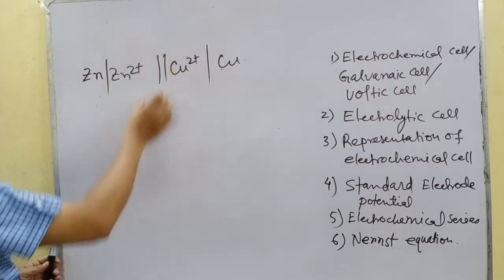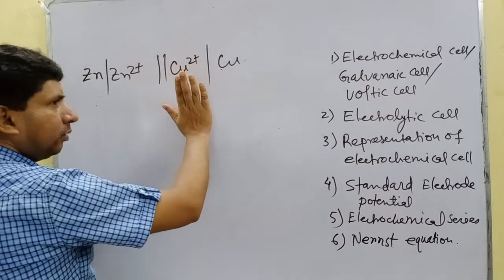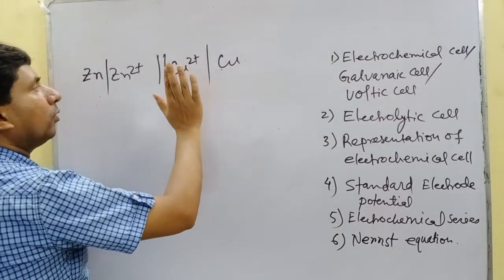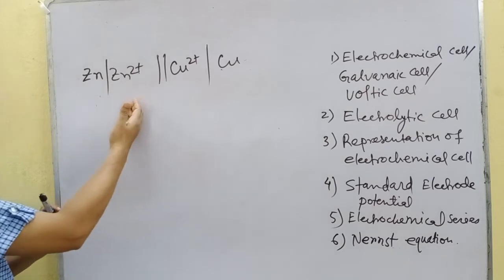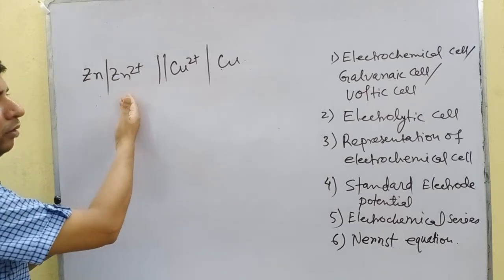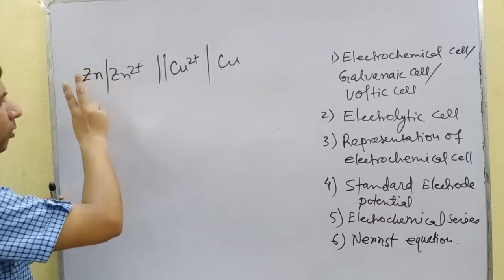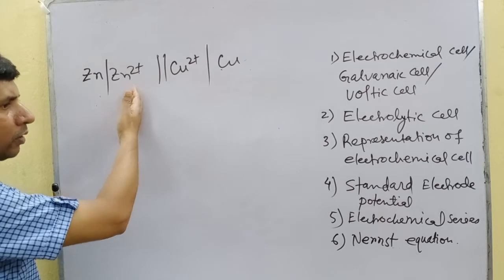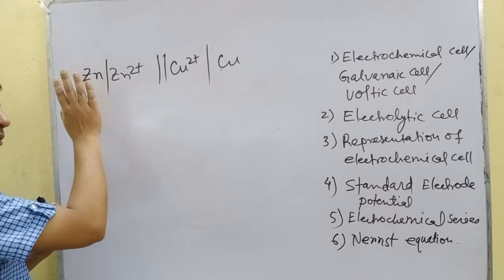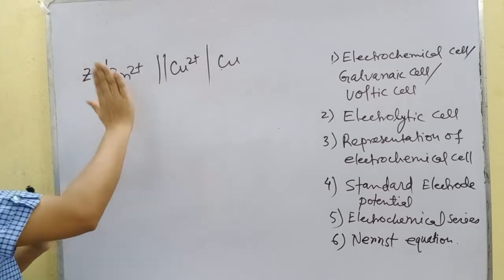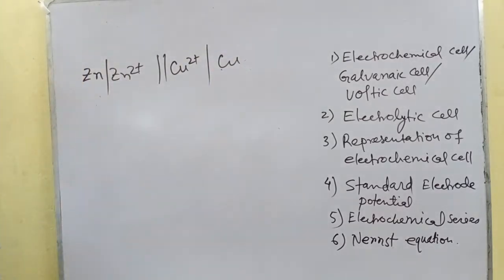Okay, অর্থাৎ দুটো বার দিয়ে সল্ট ব্রিজকে আমরা রিপ্রেজেন্ট করছি, আর সিঙ্গেল বার দিয়ে জাস্ট যার অক্সিডেশন হচ্ছে এবং অক্সিডাইজড প্রোডাক্ট or oxidized ion. Okay, we can separate it by single bar from a metal to its oxidized form, or any material and its oxidized form to reduction form. Okay,